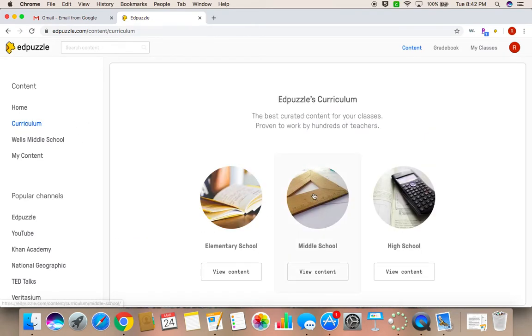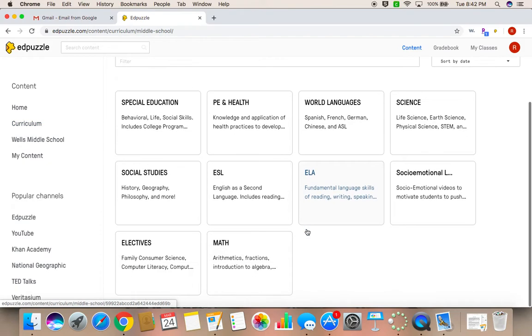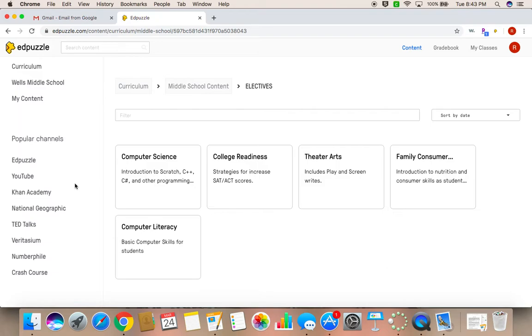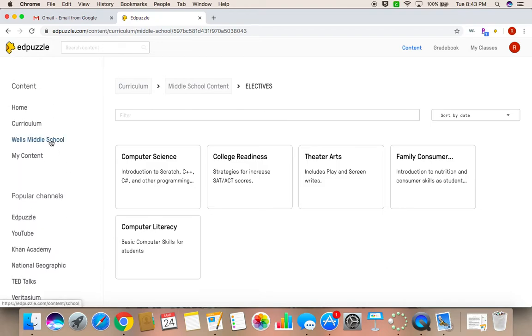I can go back to curriculum. I can go middle school, and I mean, there's just a lot of cool things. Computer science, college readiness, family and consumer science, different things like that. Let's see here. We also have, under